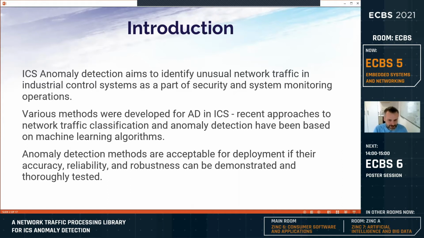If we want to select a suitable method and in the end deploy it in a real-world monitoring system, we of course need to know its accuracy and reliability, but we also want to be sure about its robustness. By robustness, I mean that it also works in a real-world environment. It's nice to have a very accurate method, 99.9999 percent, but if you have a lot of traffic, even a small inaccuracy may lead to a lot of alerts being generated,